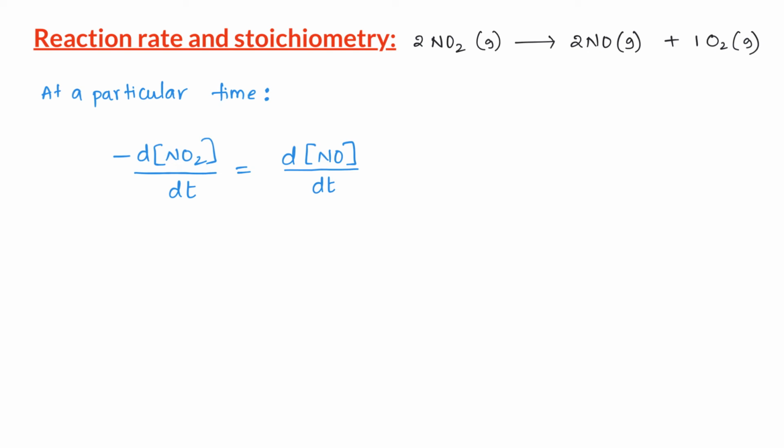Let us now look at the relation between NO2 and O2. According to the stoichiometry, for every 2 moles of NO2 consumed, we get only 1 mole of O2. So, at any moment in time, we can say that